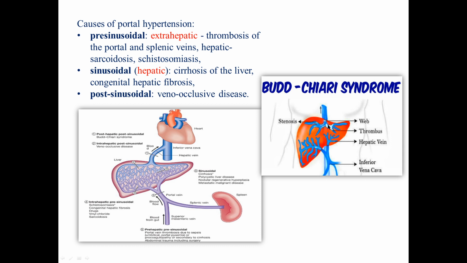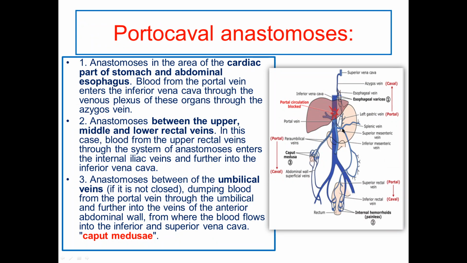In Budd-Chiari syndrome, at the level of the inflow of the inferior hepatic vein into the vena cava, there may be stenosis, formation of a web, or thrombus formation. To better understand the clinical picture of portal hypertension, you should remember the portocaval anastomoses. There are three types. First, anastomosis in the area of the cardiac part of the stomach and esophagus. Blood from the portal vein enters the inferior vena cava through the venous plexus of these organs through the azygos